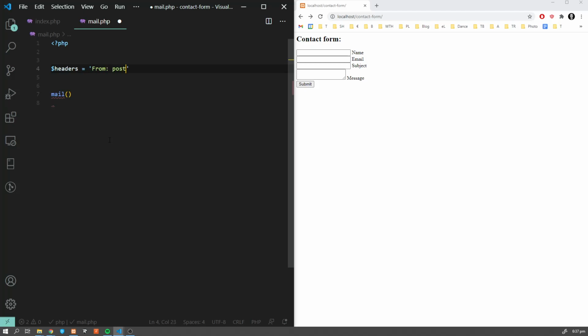I'm going to use postmaster at, and here you put your domain.com. Then we want to add another header: dot equals Reply-To.